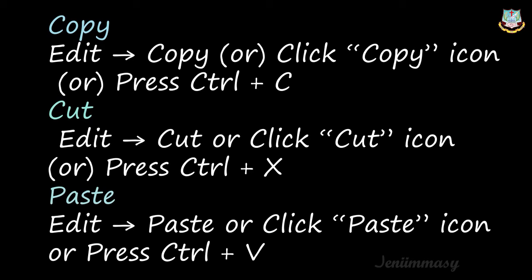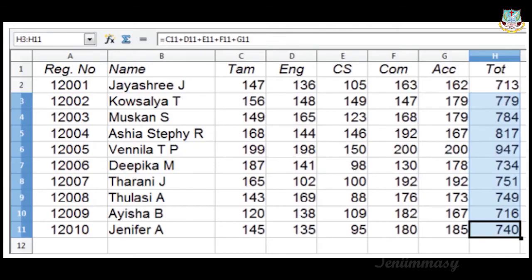And about copying a formula from one cell to another cell or to many cells, we have a shortcut here, right? Either you can copy the formula from, in this image, if you see, it is in H2, right? In this H2, and then click Control plus C, or you can go to Edit and Copy, or click on the Copy icon, right?